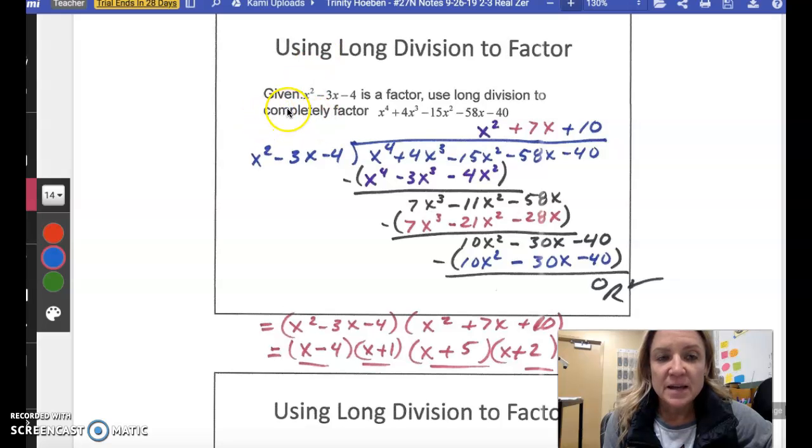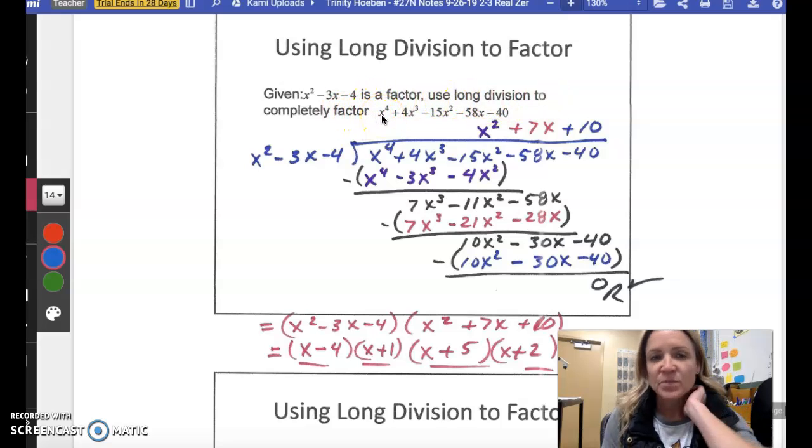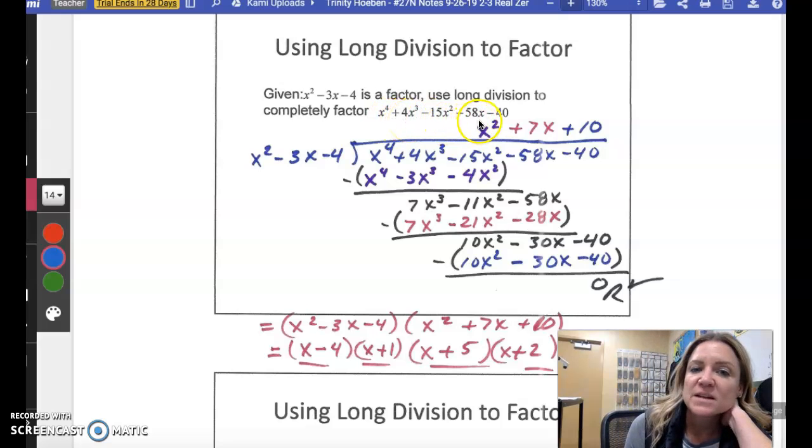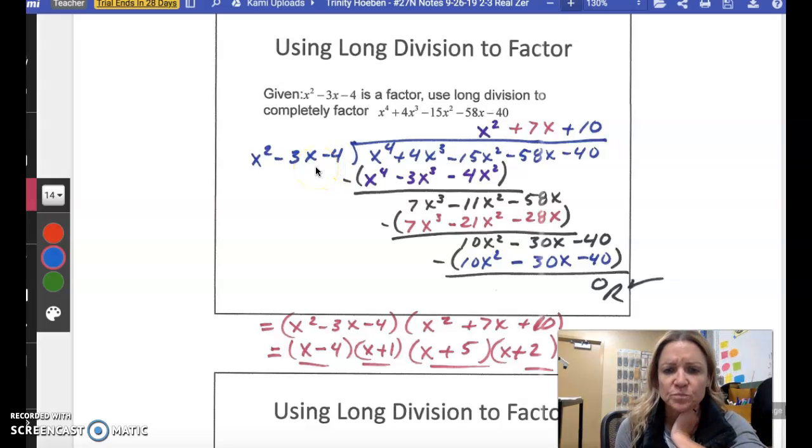All right, this example says, given that x squared minus 3x minus 4 is a factor, use long division to completely factor x to the fourth plus 4x cubed minus 15x squared minus 58x minus 40. So that goes under the division bar, and this goes outside. Right? Now we're going to see if we can factor even more. Okay, so x